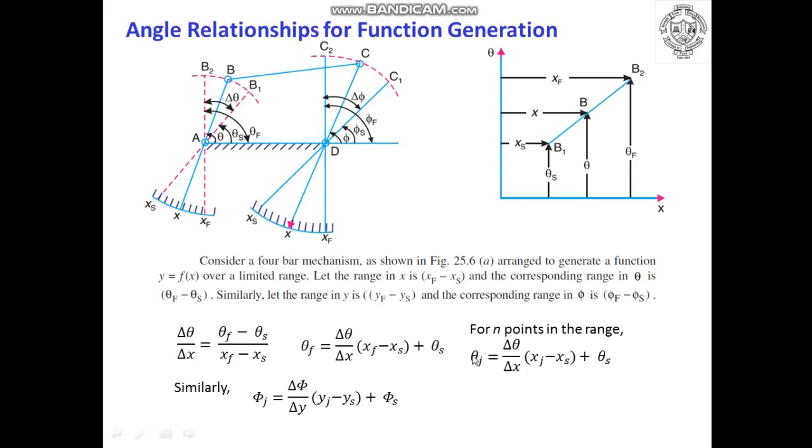If you know the point x2, the second precision point, but you don't know the inclination, you need to use this formula. So you can put j equal to 2 and find the corresponding inclination for precision point 2, that is x2. Similarly, you can do it for 3 also. Since we can know the formulas for x1, x2 and x3 using Chebyshev spacing and the angle relationship, using this approach you will be able to find the corresponding angular displacement for those precision points.